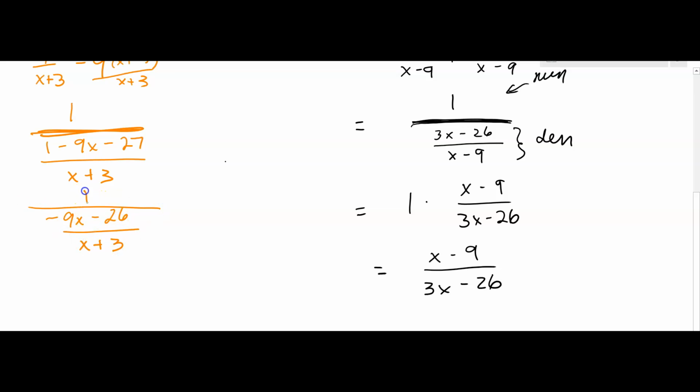Oops, all that's under 1, but then you're going to invert and do the reciprocal thing. So x plus 3 over negative 9x minus 26. So just another example. Okay,